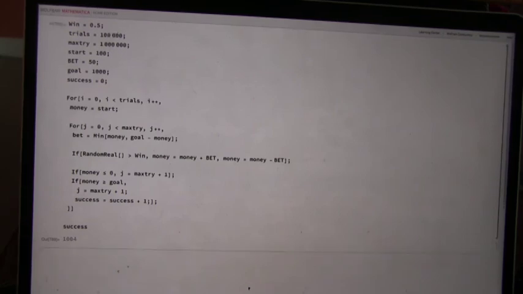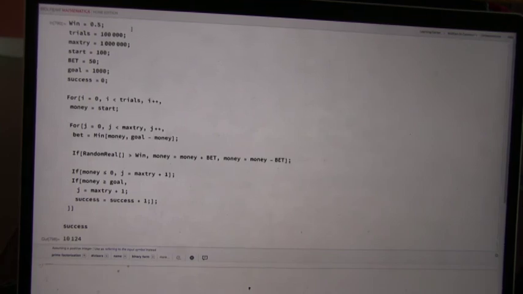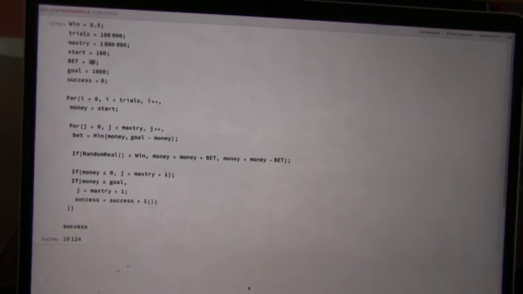Okay, I'm going to run 100,000 trials now. This will take a little bit longer, but maybe it'll allow us to go back and compare to the $100 bet. So this is the $50 bet. Here we had 10,124 successes, and with the $100 bet,